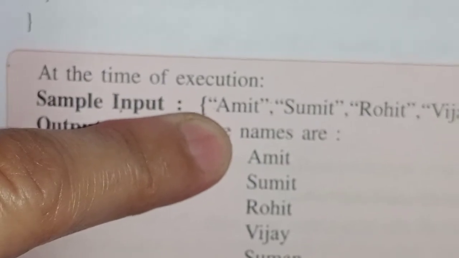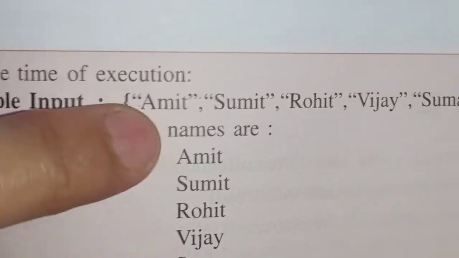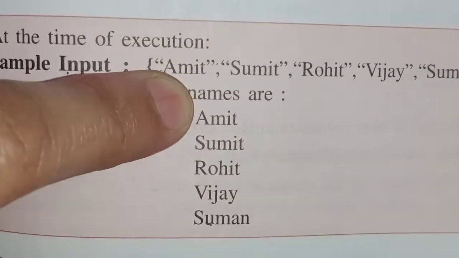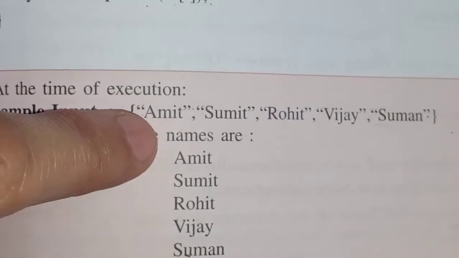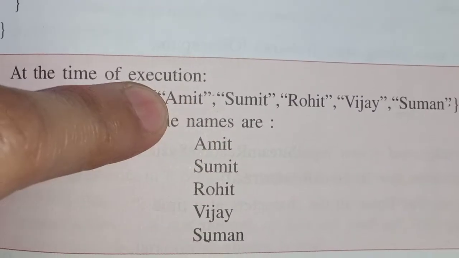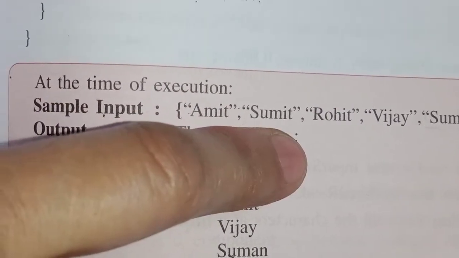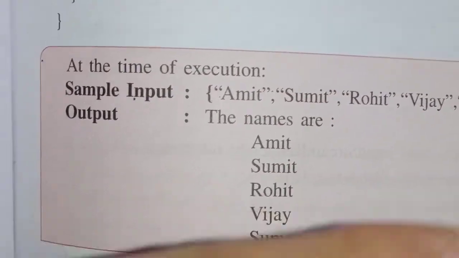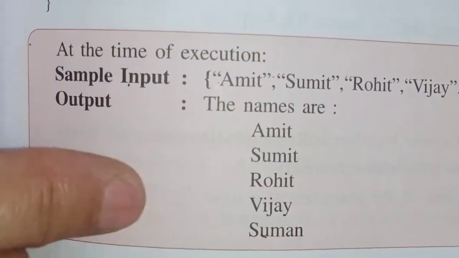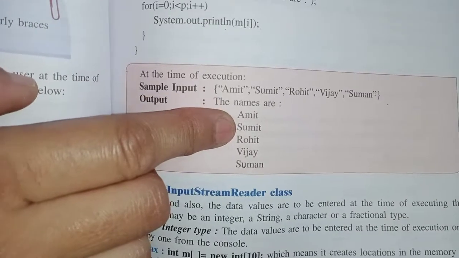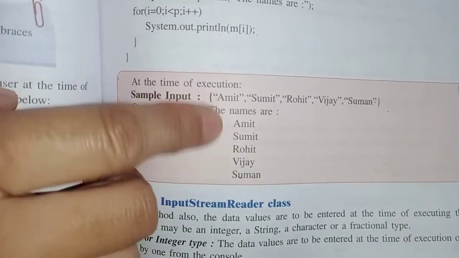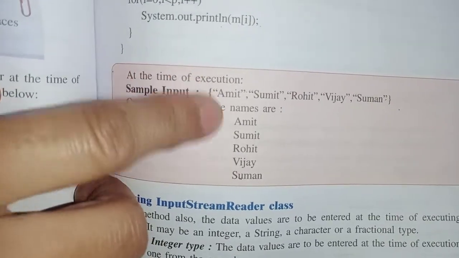You can see the sample input here. In the method call window you will click within the curly brackets and then start giving values. Suppose the first is the string Amit, keep it in double quotes, then comma, then next within double quotes, and so on, the same way, as many as you want to enter. When you finish this, click on OK, and you will get this on the terminal window.